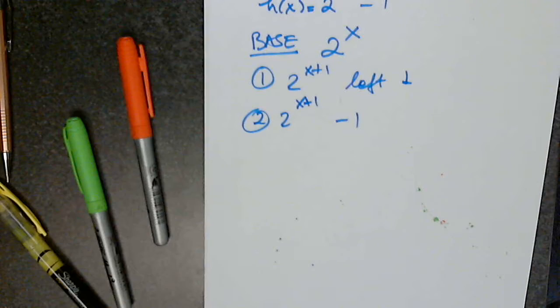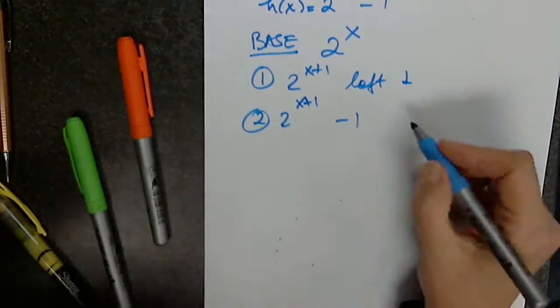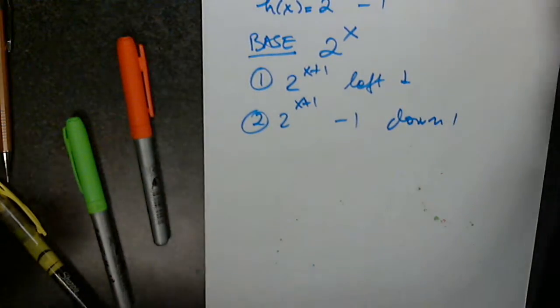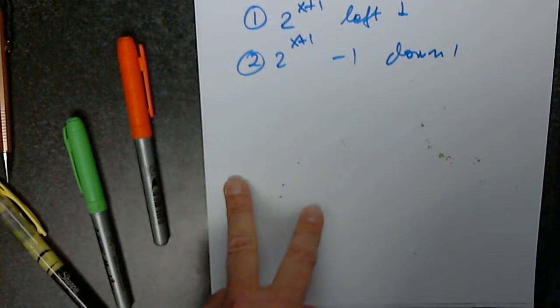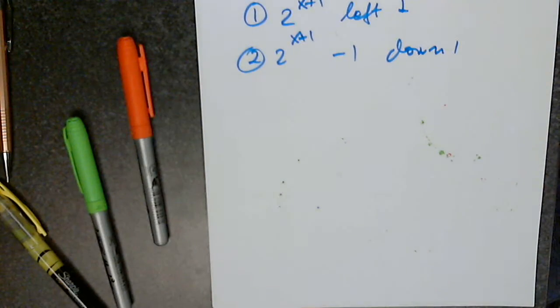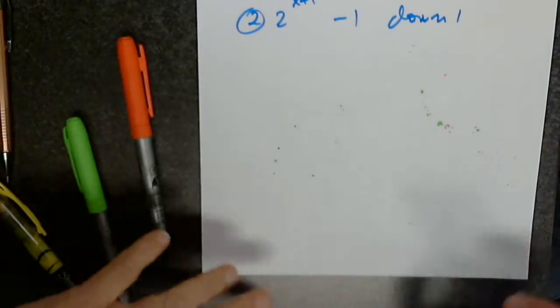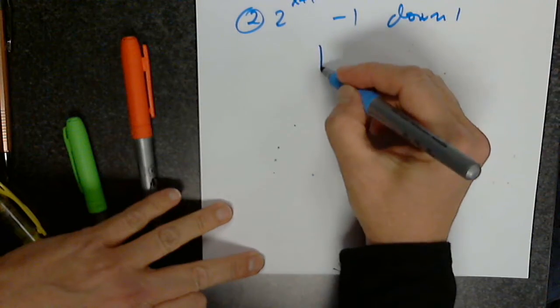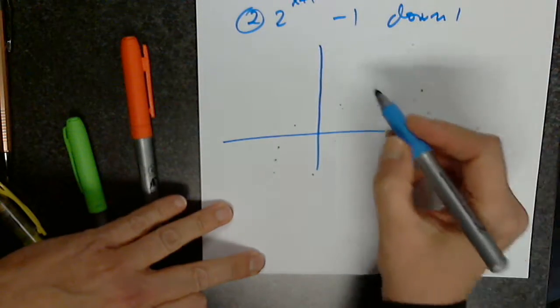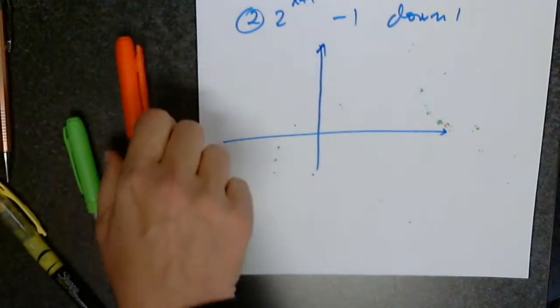What does this do? Very good. Down 1. Good. We have to add these two functions to our list of functions. Remember the linear, quadratic, so on and so forth. Radical, square root. Perfect. So then when I'm asked to graph this using transformations, I will graph 2 to the